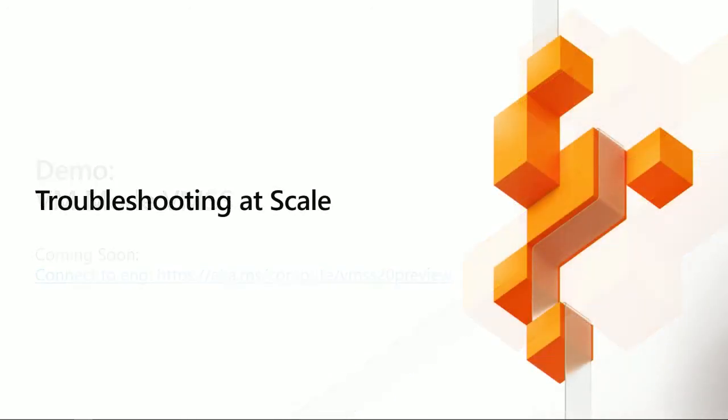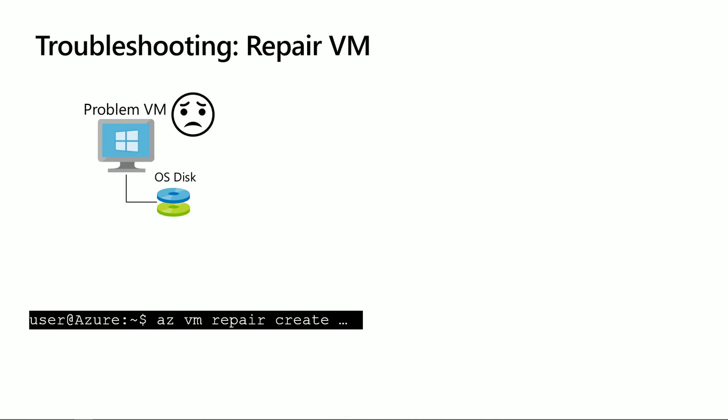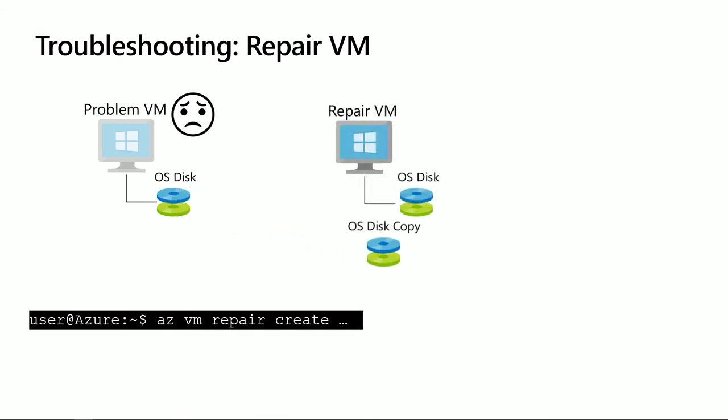All right, let's go through real quick the last thing I want to talk about, troubleshooting, especially at scale. One of the things we've introduced recently: if you have an instance that was failed and not booting, one of the challenges is how to get that working again. Say you have file system corruption. So you've got a machine that's problematic. We now have this capability that you can execute from either Cloud Shell or the Azure CLI to institute a VM repair. And what that does is shut down the original VM, and it creates a repair VM and attaches